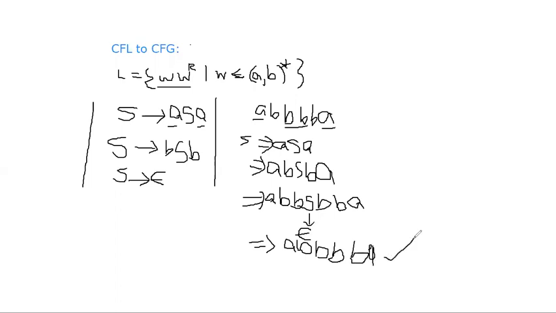Clear? So in this fashion, we can construct context-free grammar from the language. Based on the input strings, we can construct context-free grammar from the language, and by taking another input, we can show whether these grammar rules are producing the input string or not. So this is the context-free grammar for this context-free language, and this is the proof. Just like this, we can cross verify.